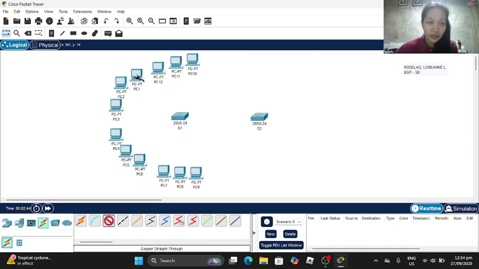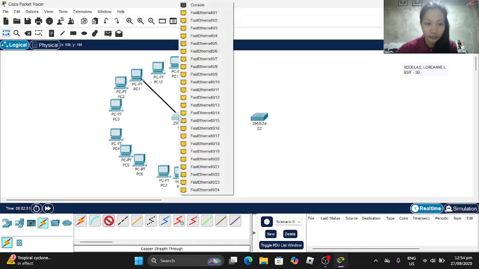So for VLAN 1, we will accommodate Fast Ethernet 1 to 5.